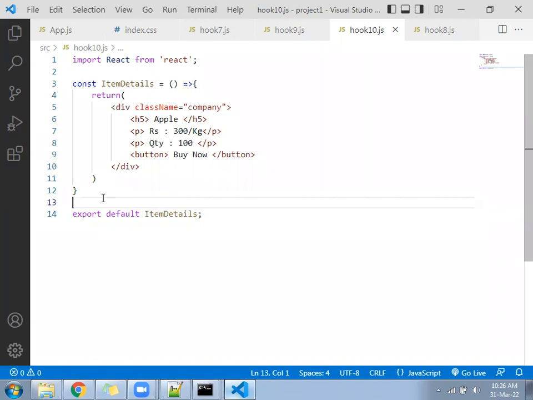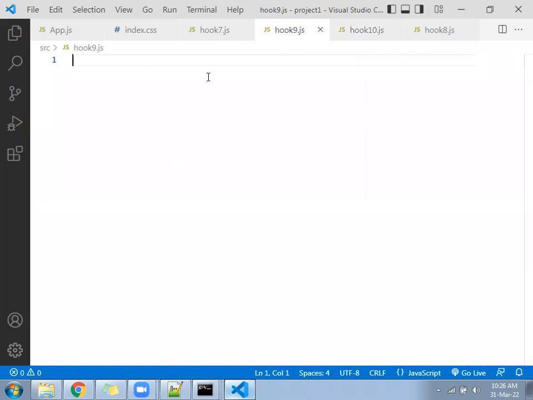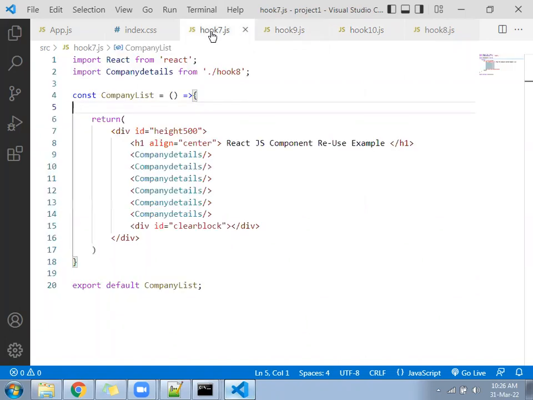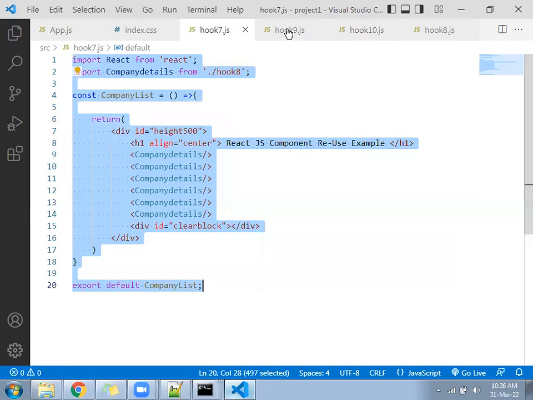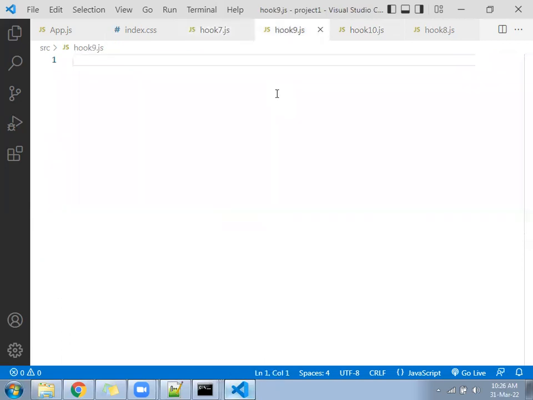Okay, ready? Now come to the hook 9 page. In hook 9, you can take the copy of 7. Hook 9 can be the copy of 7.